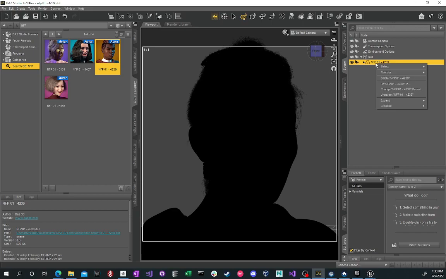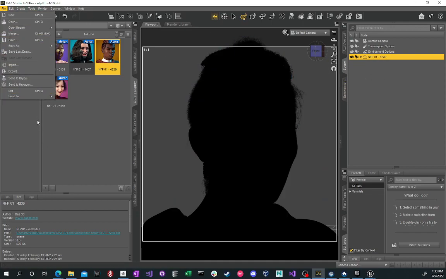And that does mess a couple things up if we leave that. So we're going to go ahead and right click on this and choose unparent. So now you can see that it's just all by itself, and you can delete this if you want. It doesn't really matter. But now the non-fungible person is at the root of the hierarchy, and that's what you want. So then you'll go up to File, and you're going to go ahead and